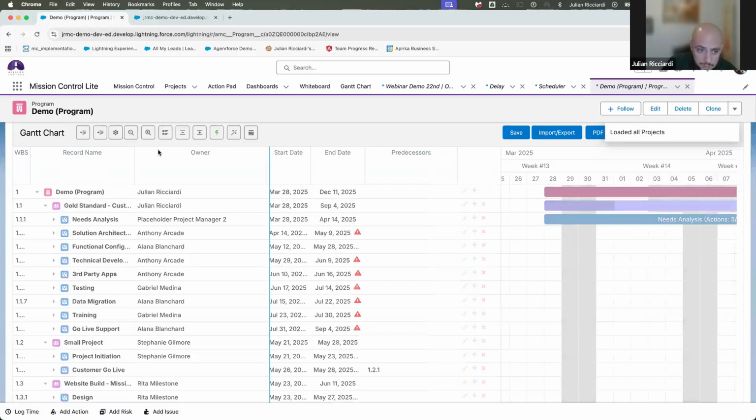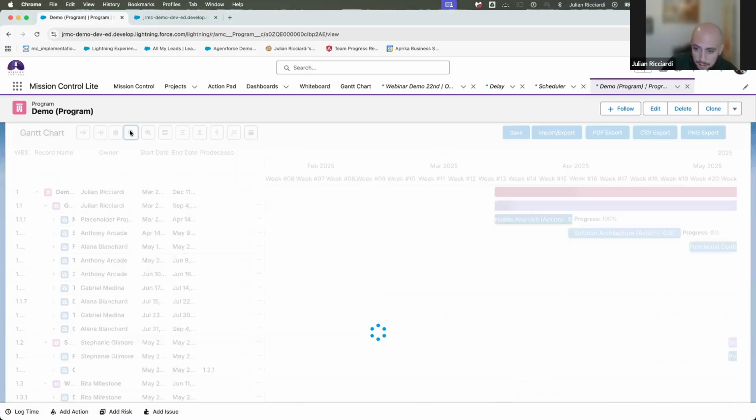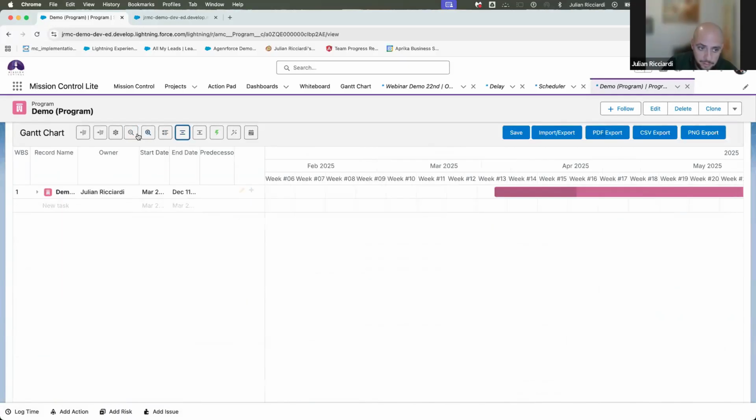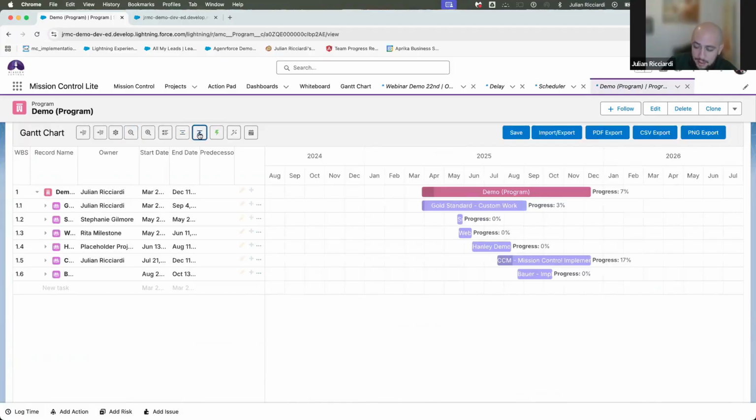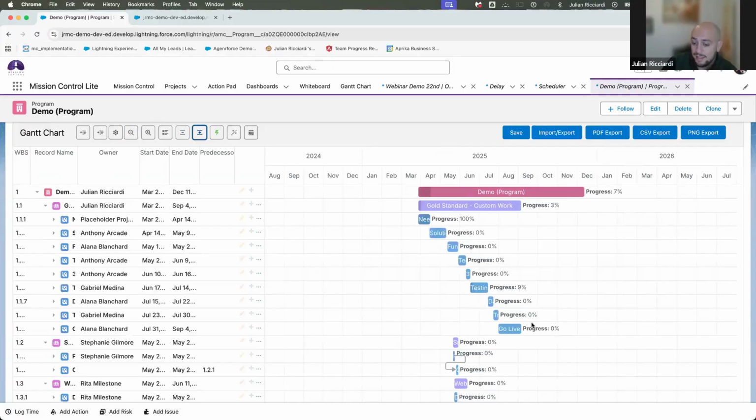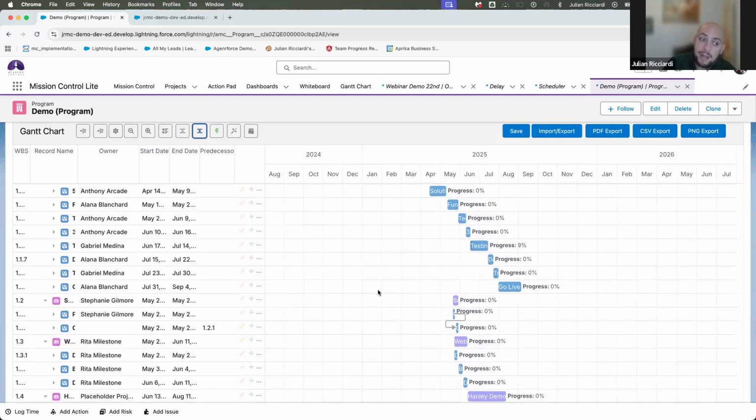Now going into my view over here, let's go into the full program view. We have our program over here. Under our program, we have our projects. Under those projects, we have our milestones. And something that we're able to do, even above and beyond the program, maybe a global Gantt chart, what we could do is